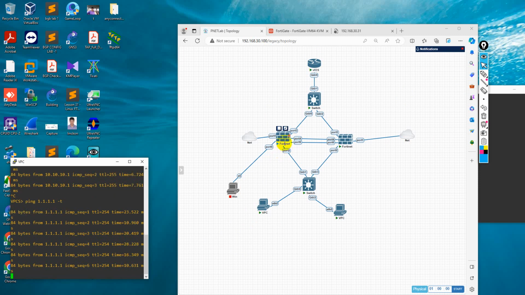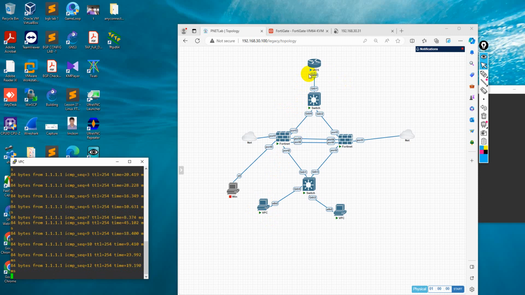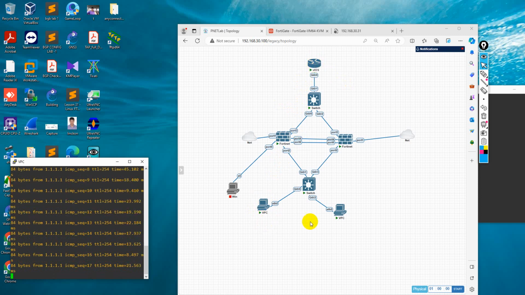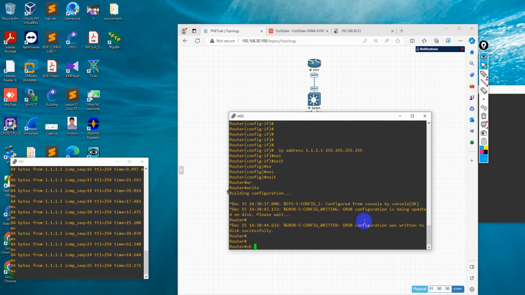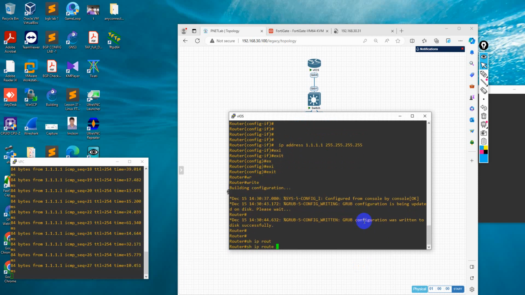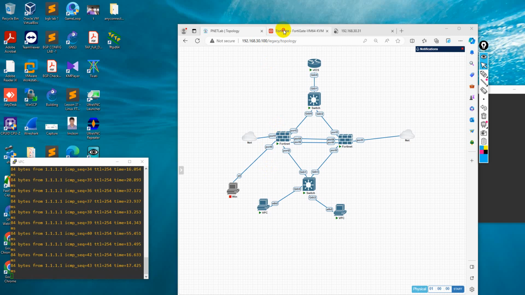Because in the firewall I have created a NAT rule. This is my LAN block, this is my WAN block, and in the routing table of the router these IP blocks are not there. So let's check again in the router, show IP route. This is just connected IP, point to point and loopback. As no network is known to the router other than this 10.10.30 WAN IP, that's why I keep the NAT rule. So go to the firewall,